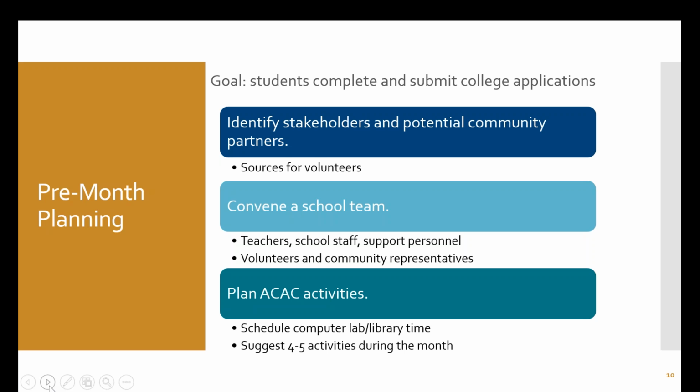And then plan any American College application activities. So we suggest during that month, 4 to 5, that they can be very small activities. It can be that teachers wear their college gear to school one day, or they put signs on their door that says, I went to blank school, ask me about it. These are great because, if you have a student, I went to Evergreen, you could have a student that says, hey, wait, this person went to Evergreen. Hey, I heard they don't give grades there, so it's super easy. What's that all about? Then they can actually have a conversation about the evaluation system versus grades.